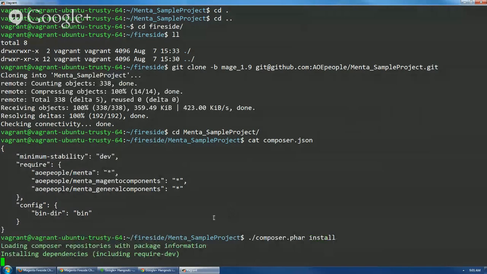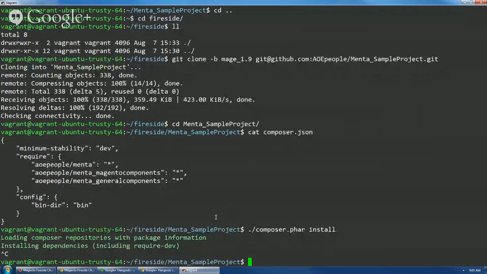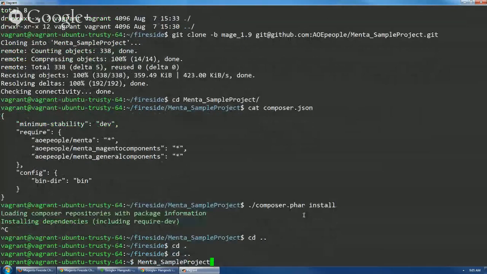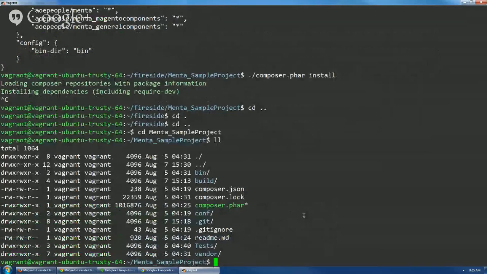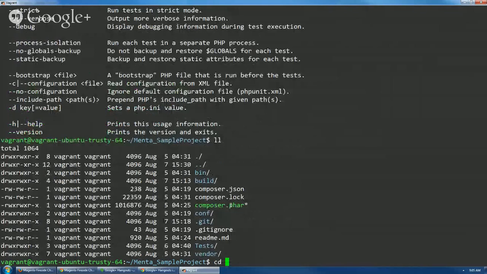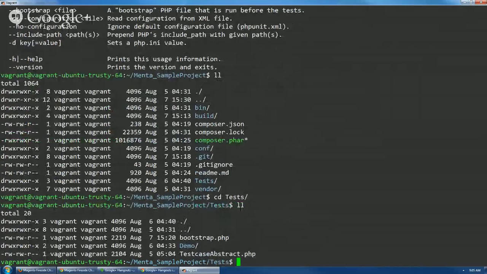Yeah, so I already prepared that, so I'm going to cancel that, and we can have a look at this here. So after running Composer install, we have everything we need, including, by the way, Composer is also part of that repository, so you basically don't need anything else besides that repository. It comes with PHP unit, and the tests live in the test folder, and everything else lives in the vendor folder. So I'm going to switch to PHP Storm,